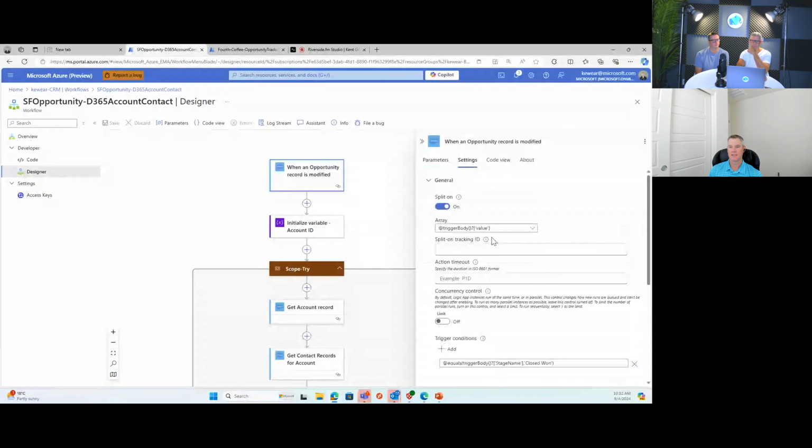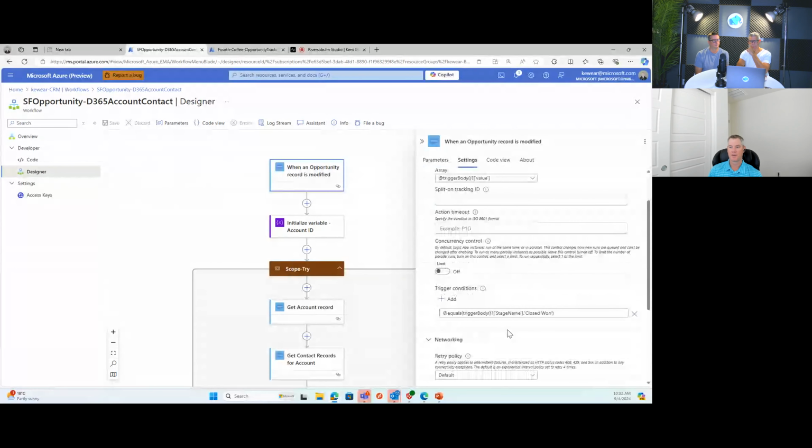Now, if I head over to settings, I can write a simple expression that is going to look for a message received where the stage name is equal to closed one. If that is the case, then we will proceed down with the rest of the workflow. Otherwise, we're going to filter that out, filter at source. That's always a good pattern. And basically not even process that particular message.